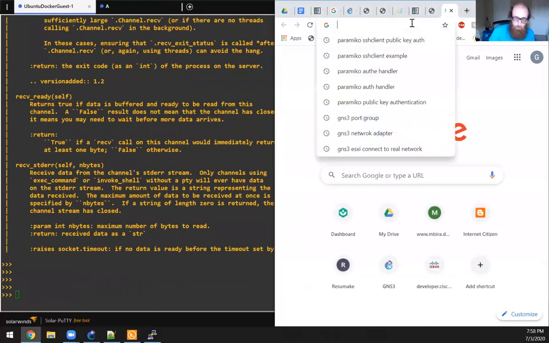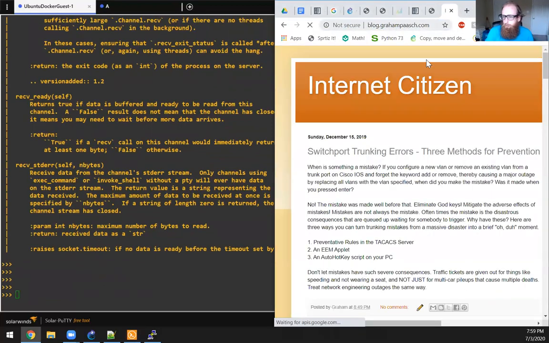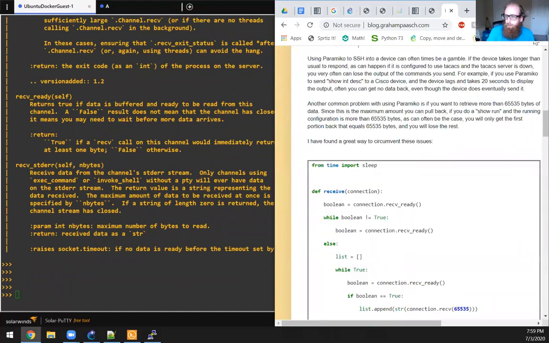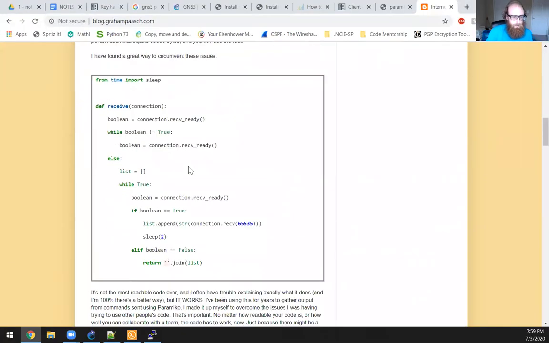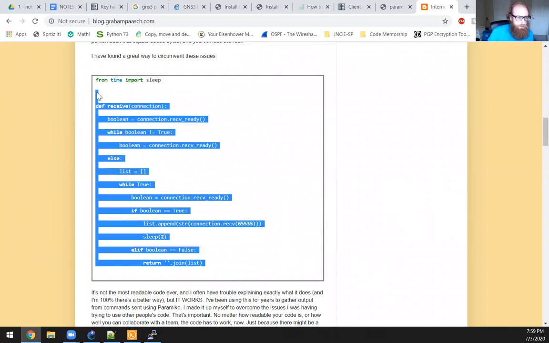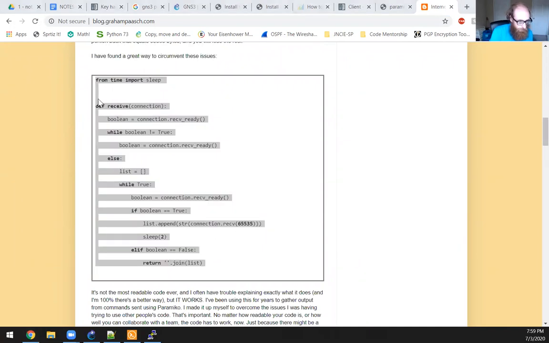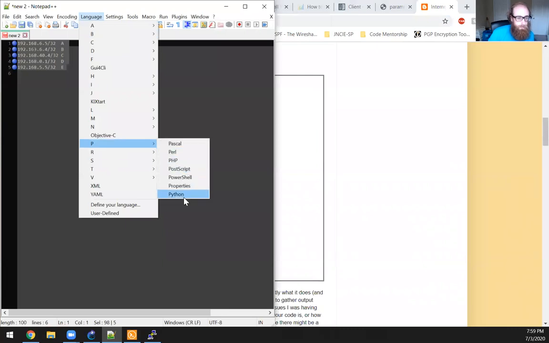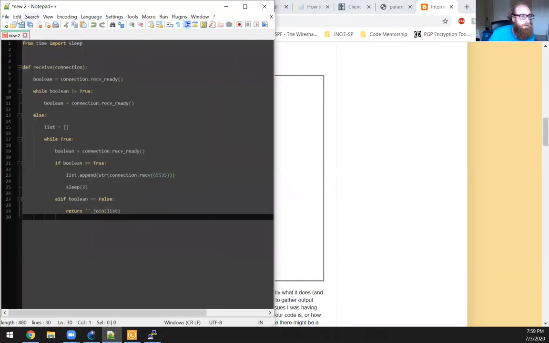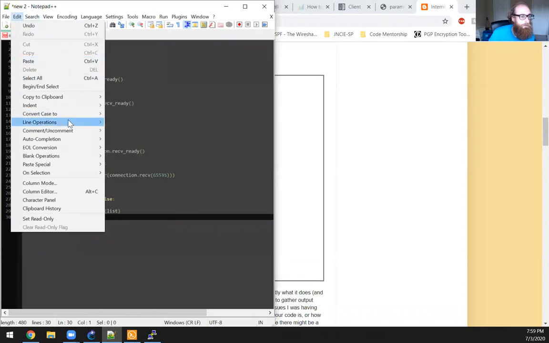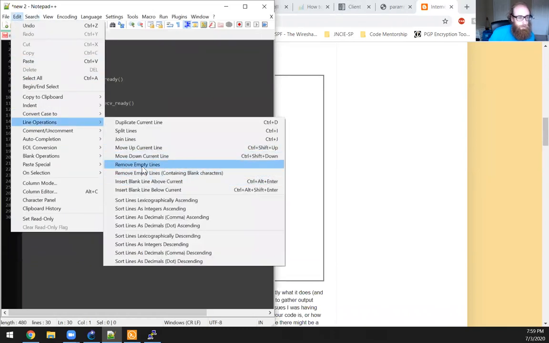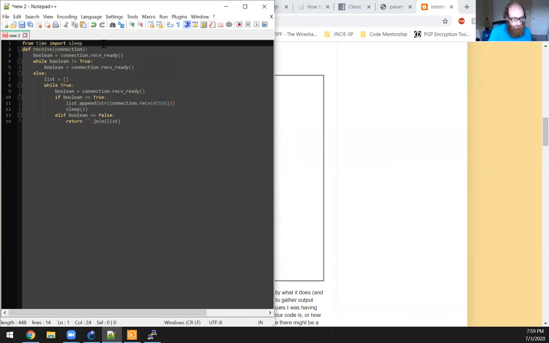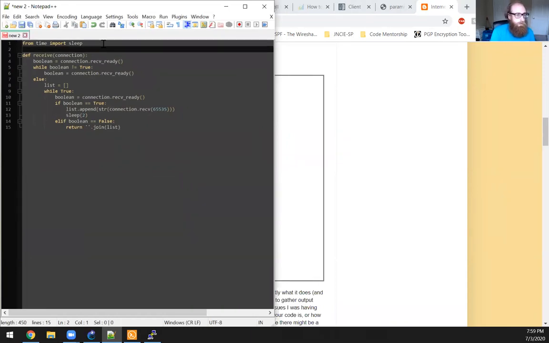So I'm just going to go to my blog here, and I think I have, yeah, so I like to use this. So I'm going to take Notepad++. There we go, and I'm going to do language Python. Perfect. Okay, and then I'll do line operations, remove empty lines. Okay, so the script is going to be import paramiko,